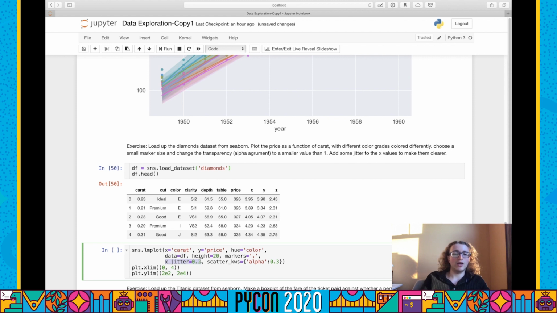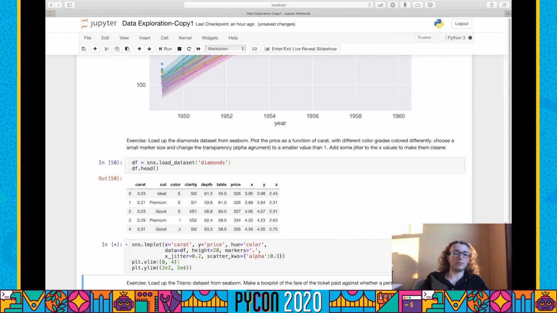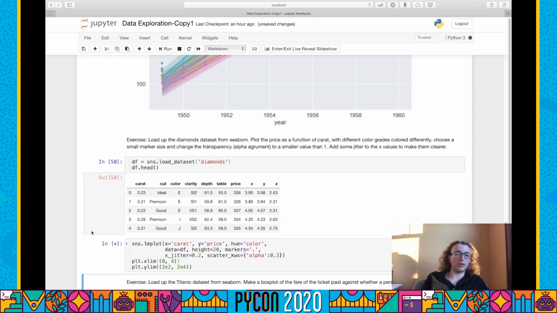And then here, scatter keywords is we're basically telling Seaborn to pass on this argument to the base function in matplotlib. And we're asking it to pass in an alpha of 0.3, which is going to make data points more transparent. And then here we're restricting our plot to carats between 0 and 4 and to prices between $200 and $20,000. And running this, we get a plot that